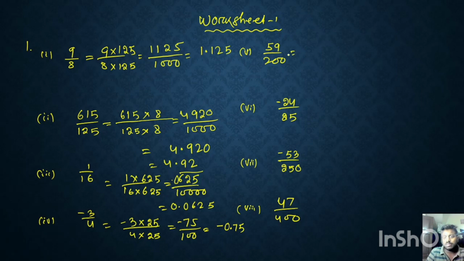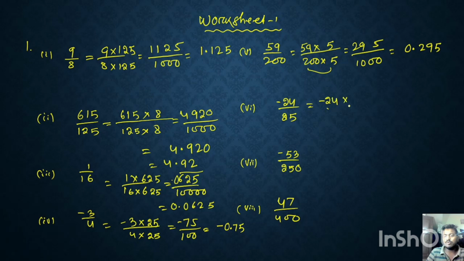Again question number B, 59, so write down 59 into, then 200 into, so 200 means 5, so multiply with 5, 9 5s are 45, 5 5s are 25, 4 29, 295 divided by 5 2s are 10, again 20, now 0.295. Now next question, minus 24 into 25 into 4, again multiply 4, now minus 96 divided by 100,